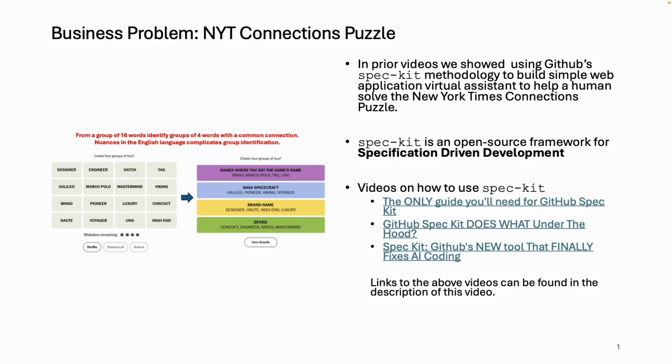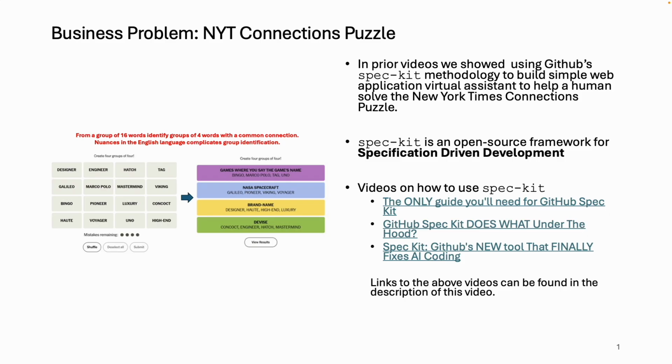connection. What makes this difficult is the nuance of natural language. Many words can plausibly fit into multiple groups, and the subtle differences in meaning can easily lead you down the wrong path. That ambiguity makes this an ideal problem for exploring how large language models can assist while still requiring human judgment and oversight. In the earlier videos, I showed how I use GitHub Spec-Kit methodology to incrementally build this